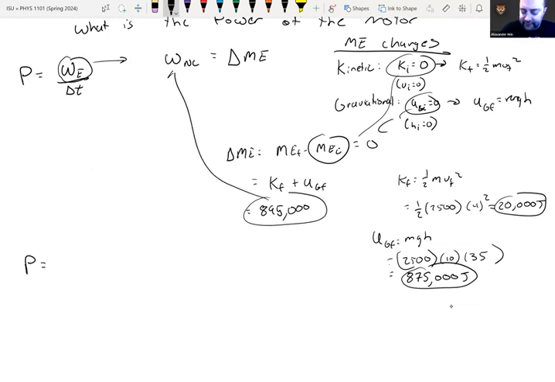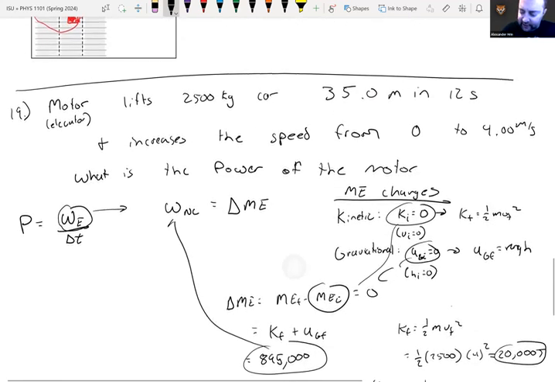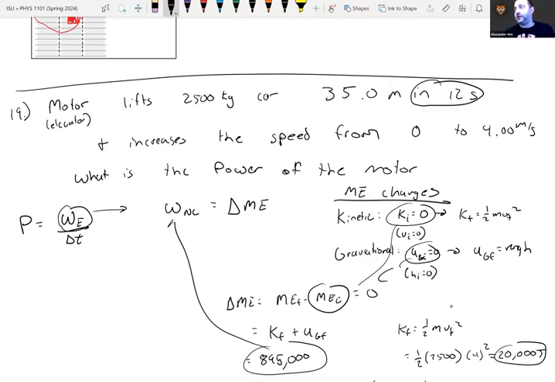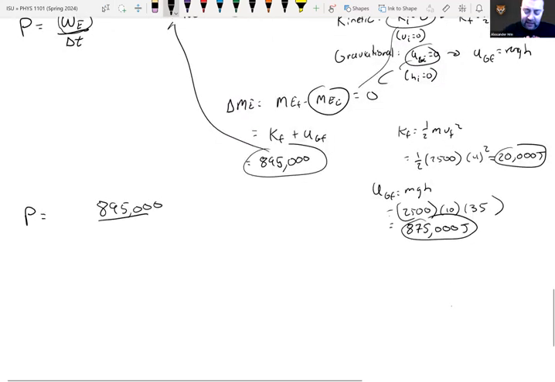Now, what that means is that is your work, and that is what you're going to use in your power formula. So power equals 895,000 in the numerator, and then delta T in the denominator. And we're just given delta T. It said this happened in 12 seconds. So that's the thing we use. And when we divide this by 12, we end up with